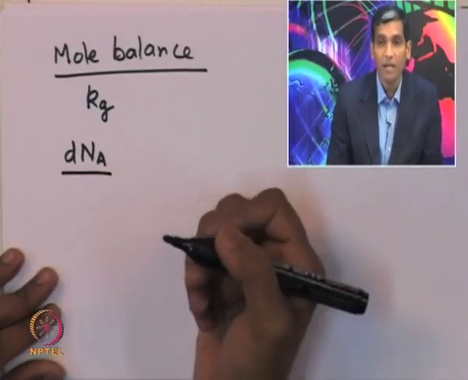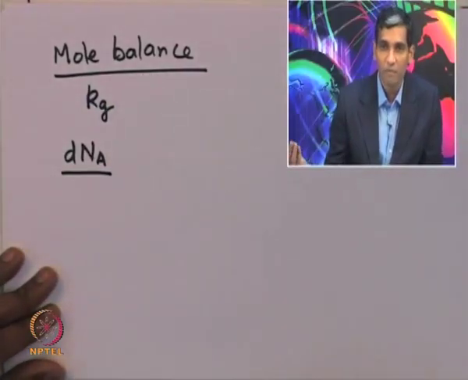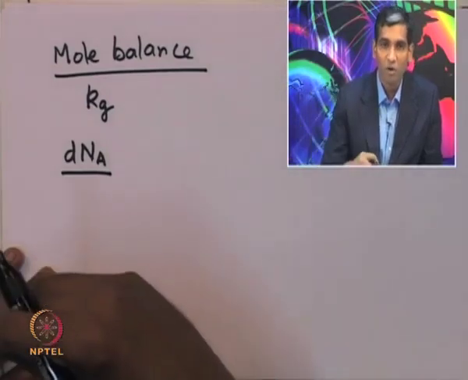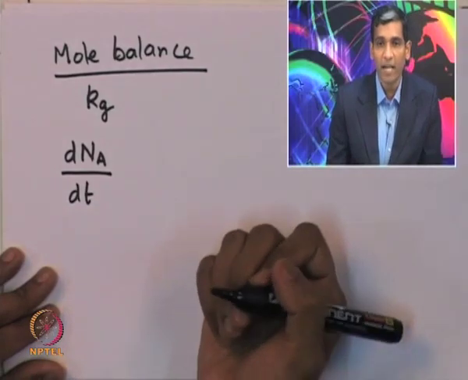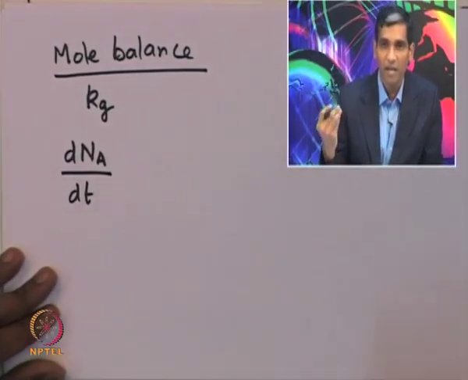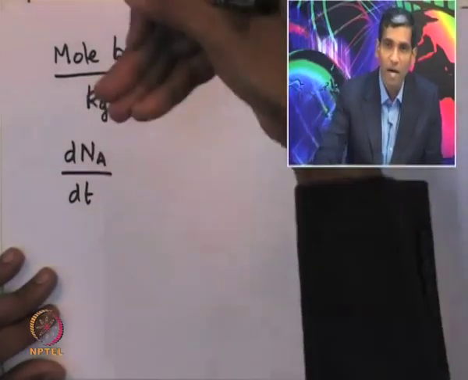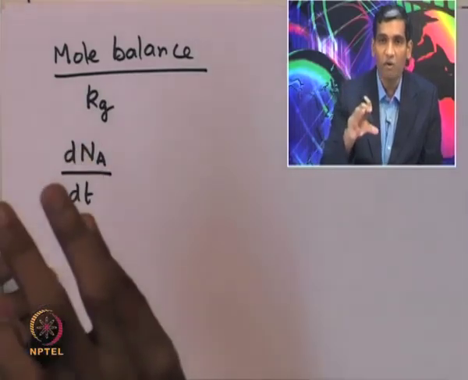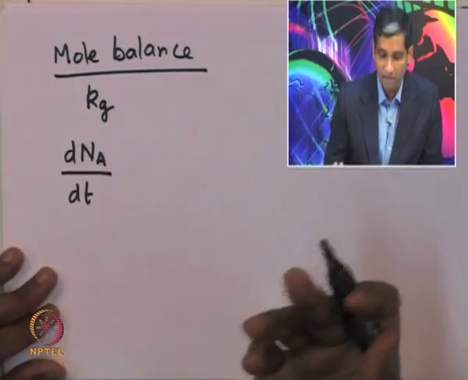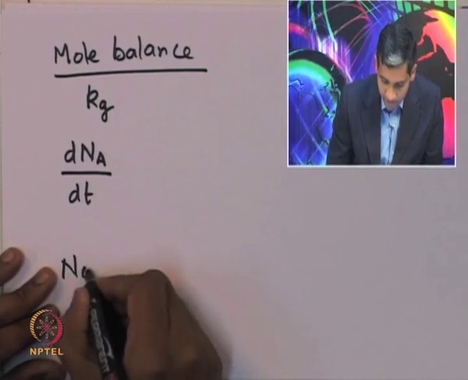Remember that A is the gas species which is moving from the bulk to the solid core where the reaction is occurring, where NA is the number of moles of A diffusing from the bulk onto the surface of the core, and the reaction is occurring only inside the core, so there is no reaction